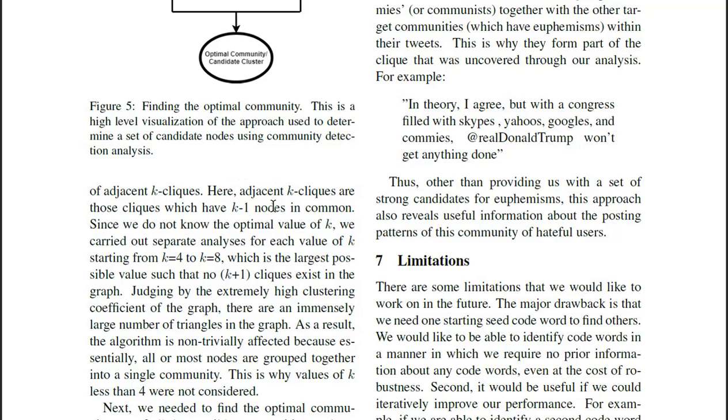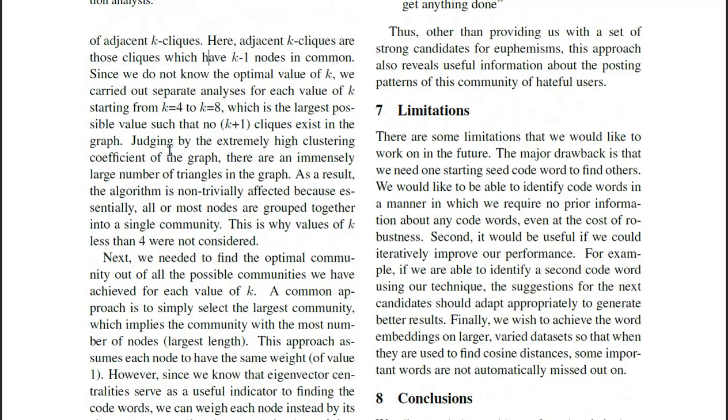Here, adjacent k-cliques are those cliques that have k minus 1 nodes in common. Since we do not know the optimal value of k, we carried out a separate analysis for each value of k starting from 4 to 8, which is the largest possible value such that no k plus 1 cliques exist in the graph. Judging by the extremely high clustering coefficient of the graph, there are an immensely large number of